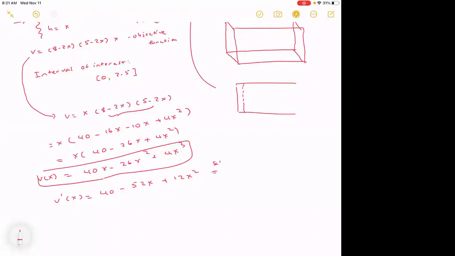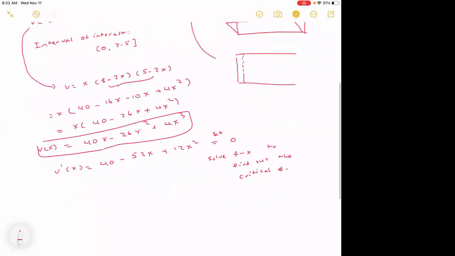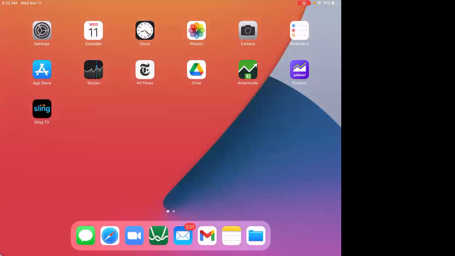You set this equal to 0 and solve for x to find out the critical numbers. So you can use quadratic formula, but we don't have much time, so I would use this